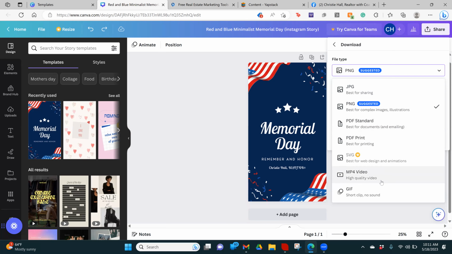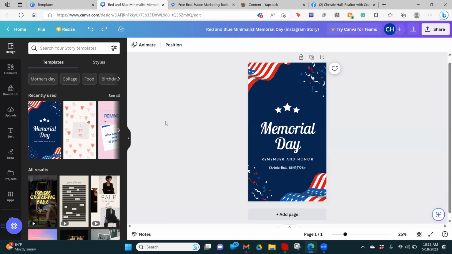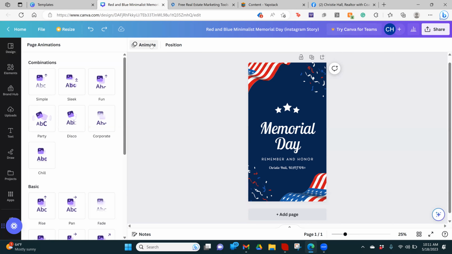And then you have this video option, which I want to show you in just a second. Right now it's saying PNG. However, there's this animate button over here. So if I wanted to actually make this into a video, I can do that because video is actually going to be your highest